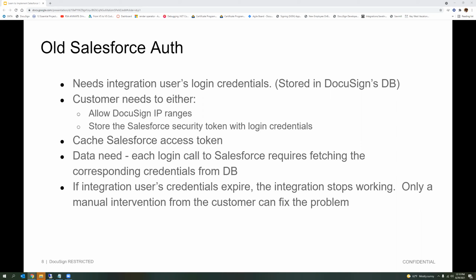And the more steps there are in the setup, the more things can go wrong. And it also increases security headaches for DocuSign, because we have to then make sure that these credentials are transported and stored securely, that we don't inadvertently expose any of these credentials to anybody, because once you get your hands on these credentials, you could log in to our customers' orgs and play havoc.